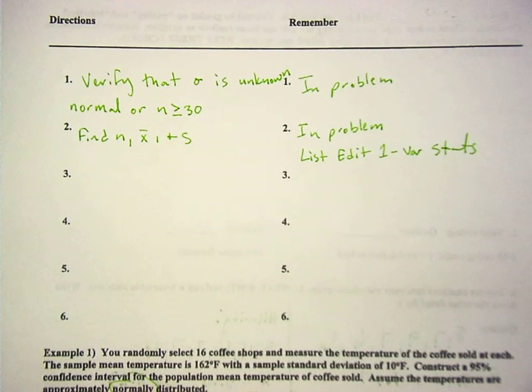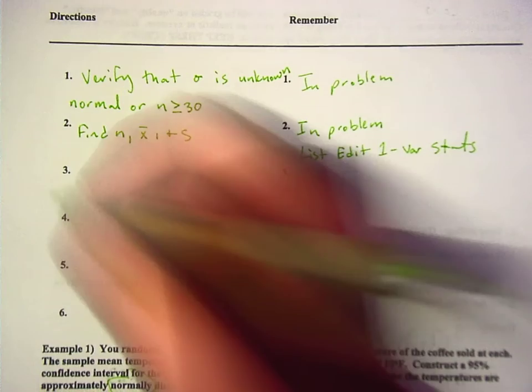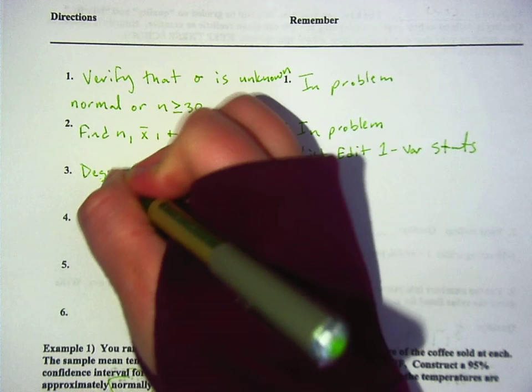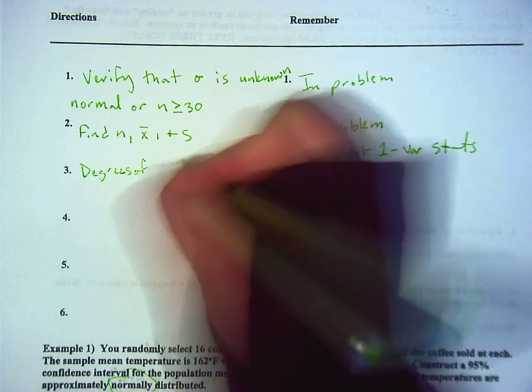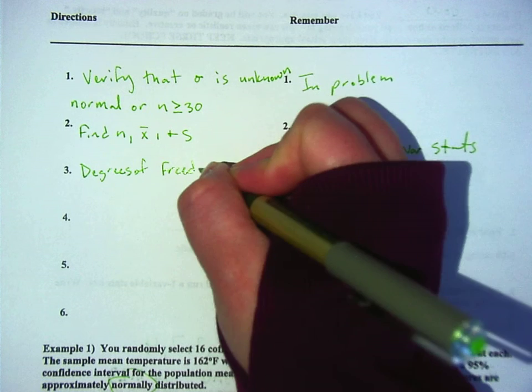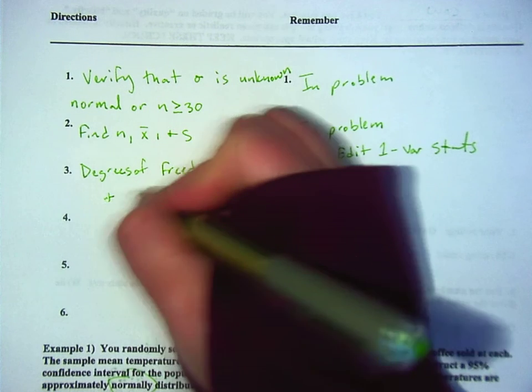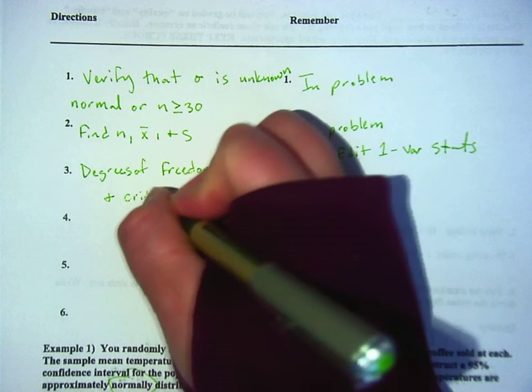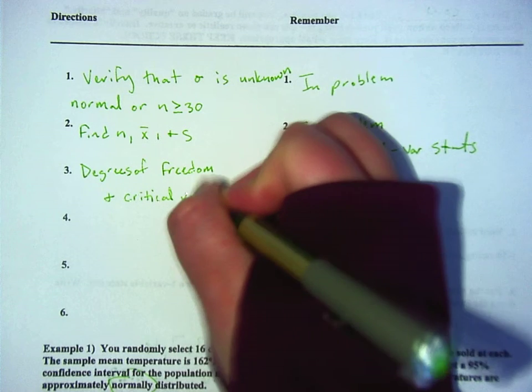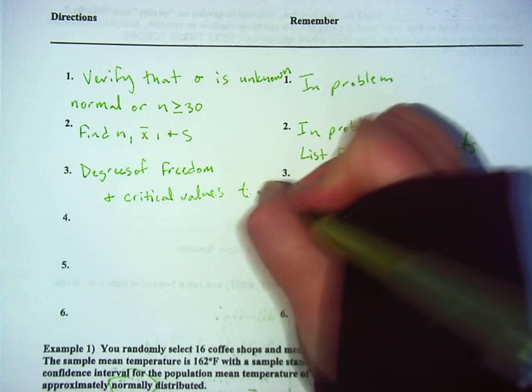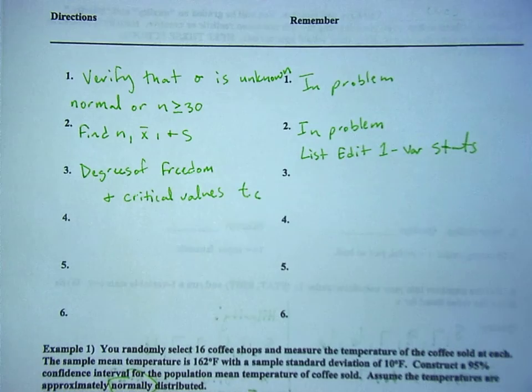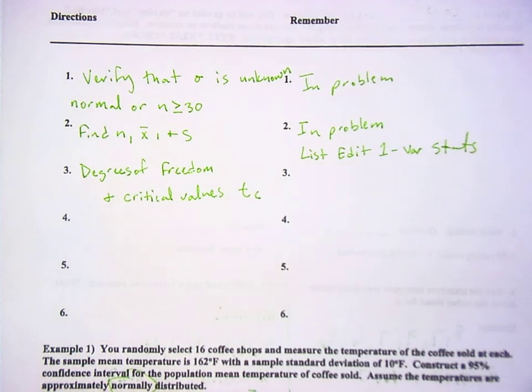Number 3. Now you're going to find the degrees of freedom and your critical values, which this time is going to be called T sub C instead of Z sub C. So instead of having a Z score, we're going to have a T score, and we're going to be using a different chart. So take out that chart I gave you. A degree of freedom